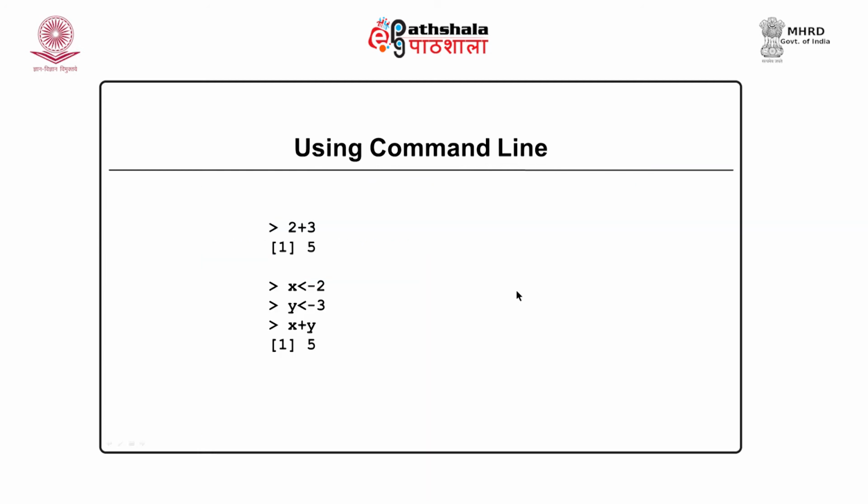So, the next screen contains simple calculations. Say for example, if I say 2 plus 3, R will do calculation, it will output 5. Here plus is the operator. In the bottom part, I am taking variables, x and y are my variables. It contains the values 2 and 3 respectively, and I am performing addition over x and y. So, this is another way of doing arithmetic calculations, and the output is 5. So, this is how we can use command line. This can be a separate command and the output will be displayed on the command prompt itself.